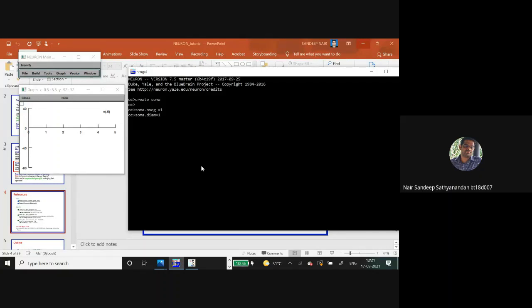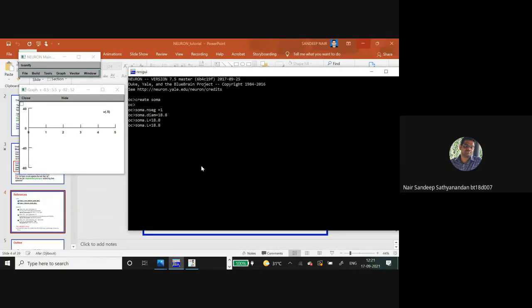Also, I'm just configuring the parameters for a rat subthalamic nucleus. And the length we can define. The axial resistance.